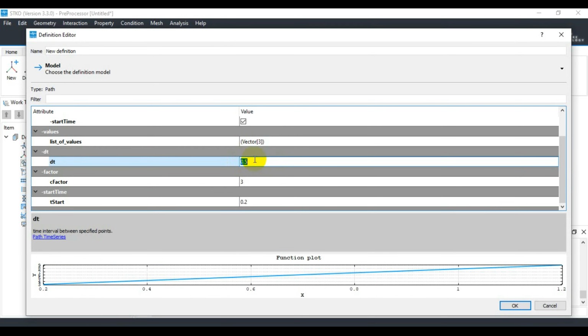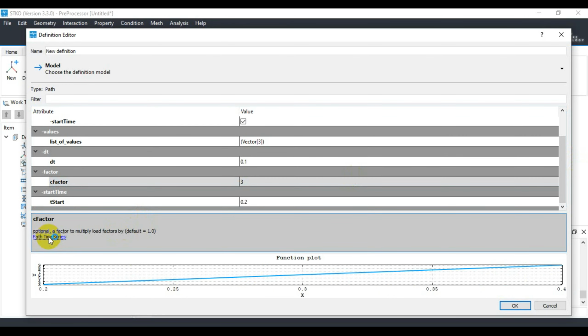And dt, let's say I want to make it 0.1, it will change accordingly. So something like the previous one, but if we provide this definition here, it actually considers the